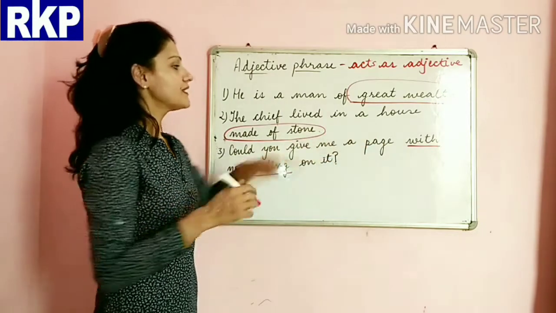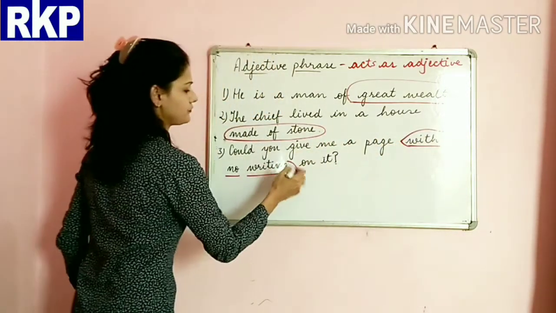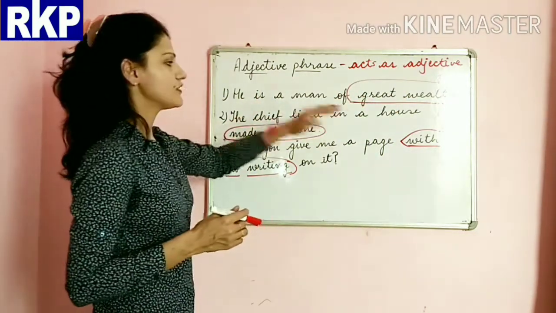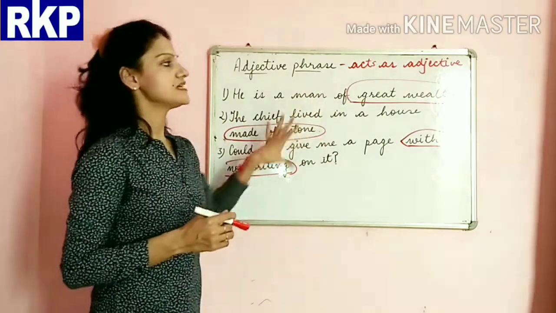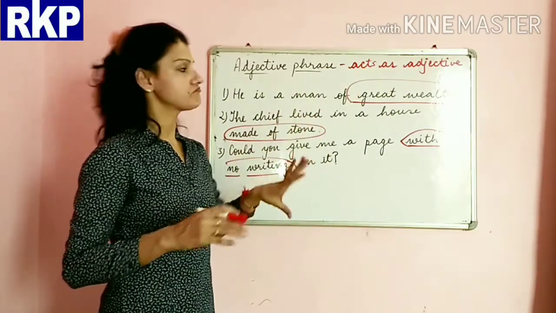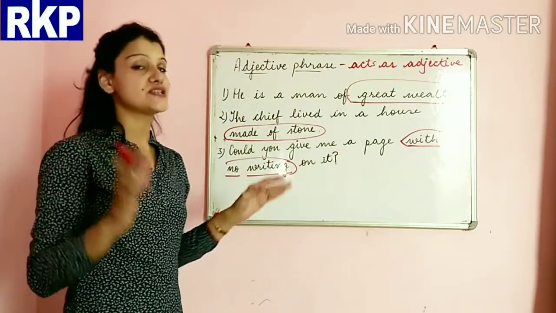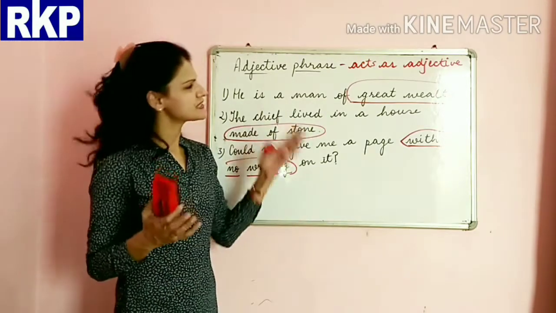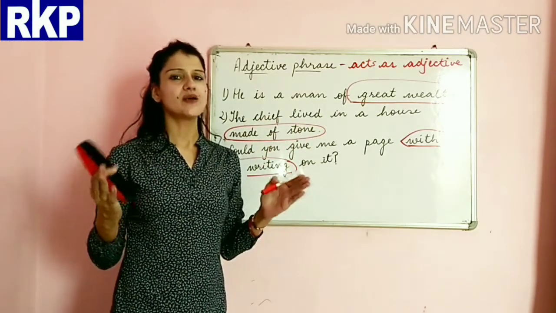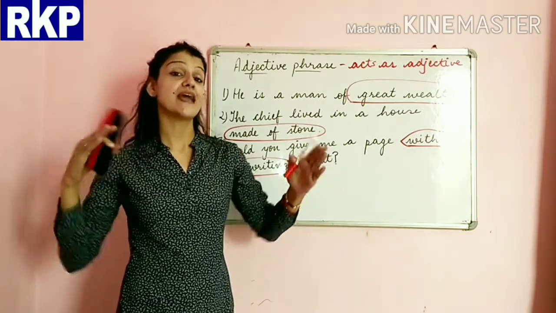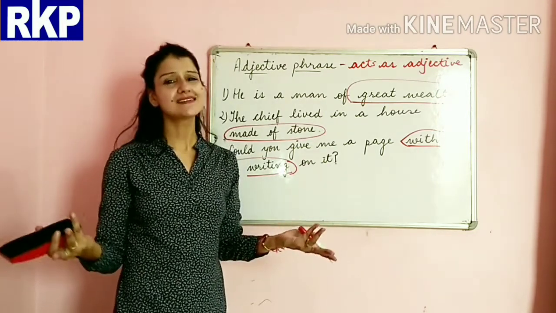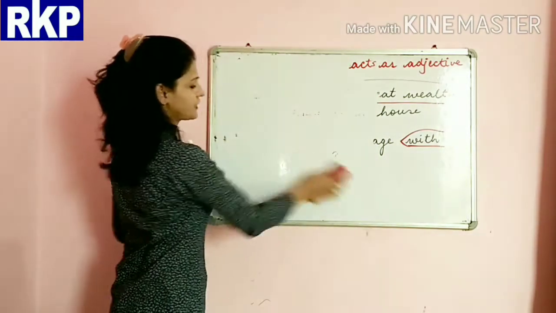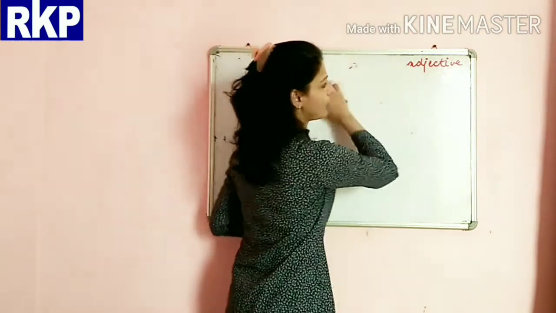So these three things: great wealth, made of stone, with no writing. These three sets of words are examples of adjective phrases. I hope you have understood this, beta. It is simply a group of words which act as an adjective in the sentence. That is our adjective phrase. Very simple, right? So moving further, we are going to talk about